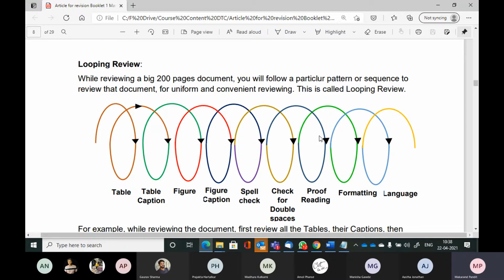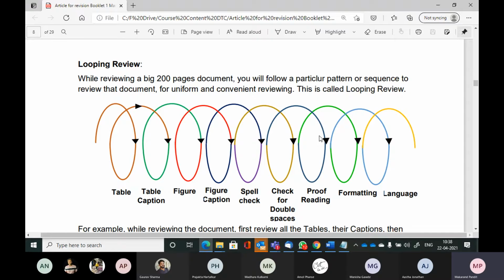So maybe I started reviewing. In the morning I had, let's say, a couple of hours. So I reviewed something like 40 pages. Then I kept that document away. I got busy with something else. Afternoon 2:30 again, I picked it up. At that time, I just had maybe 1 hour. So I went through another 37, 40 pages. Again, I kept it aside. Then I got time late in the night or maybe next day morning.